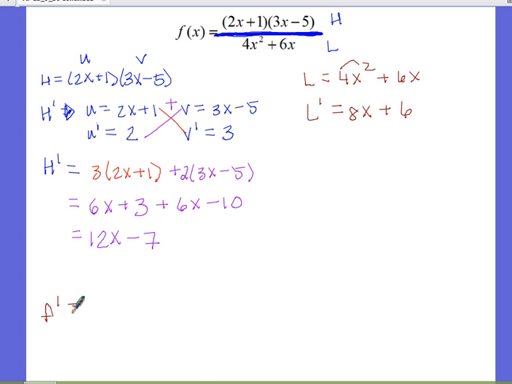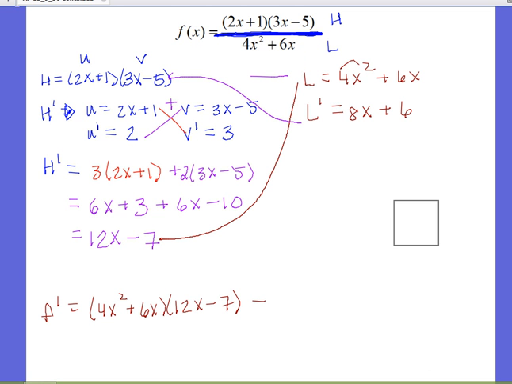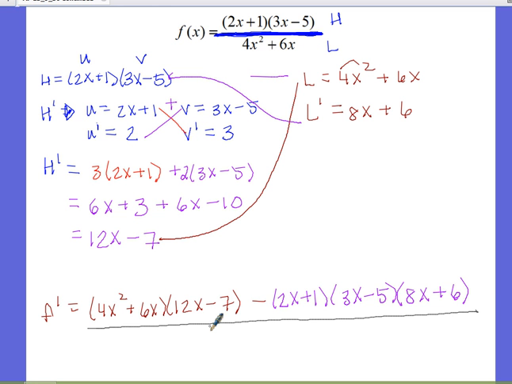Therefore, to find f prime, low times d of high, that's this guy, minus high, that's this here, times d of low, that's a big minus, high is 2x plus 1 times 3x minus 5 times low prime is 8x plus 6, and then all over low, that's this one,